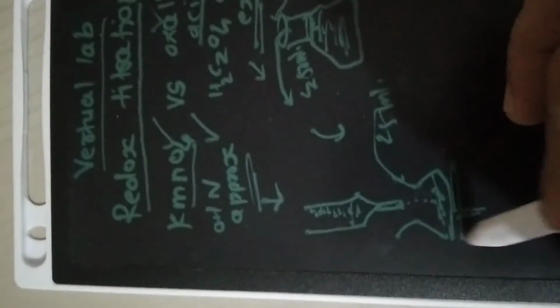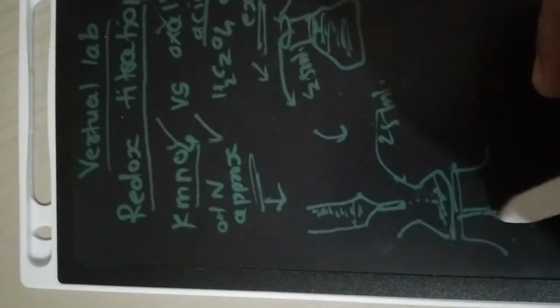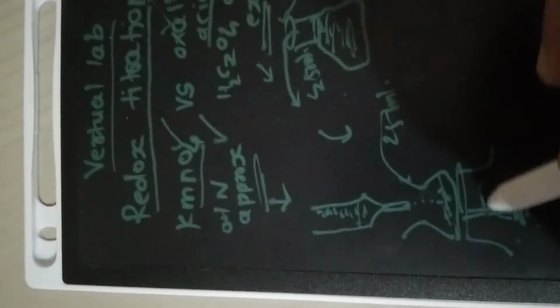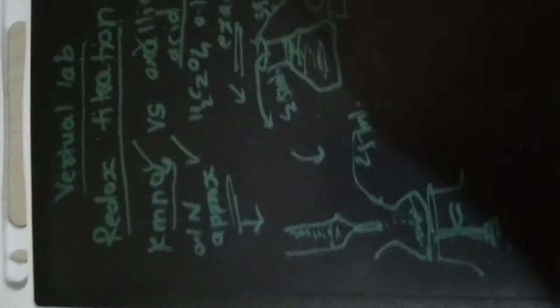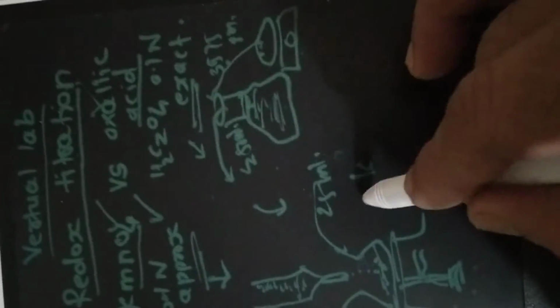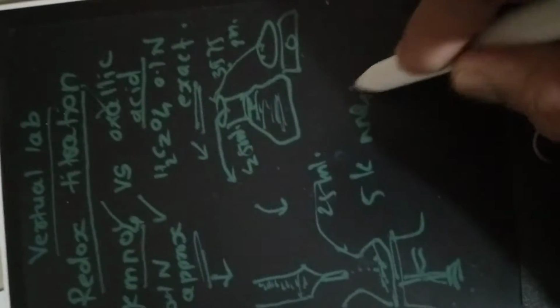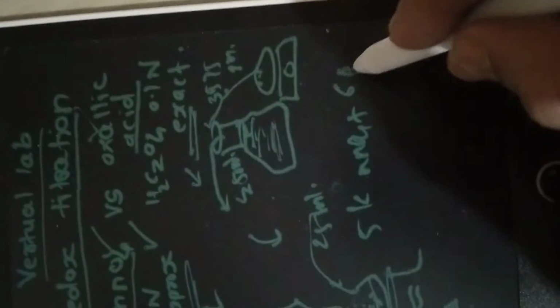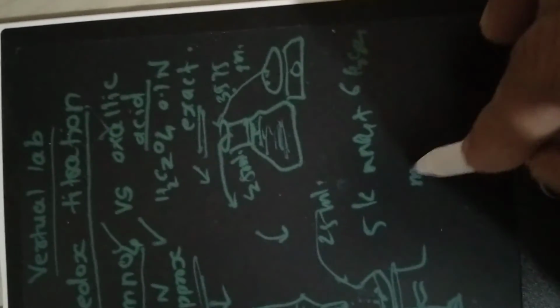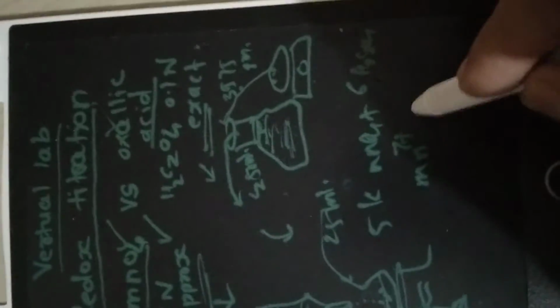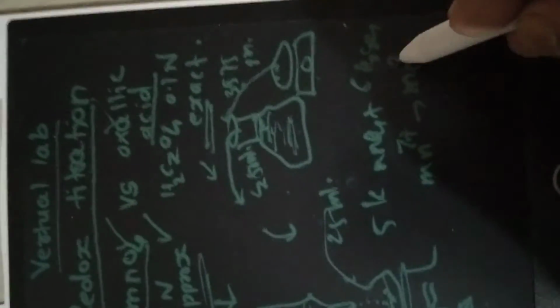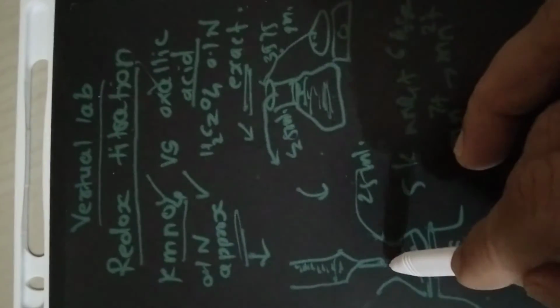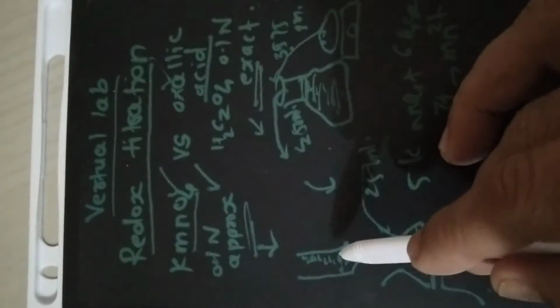But before titration, the solution is heated on the burner, because at a high temperature, lesser than 100 degrees Celsius, the reaction takes place, a redox reaction between KMnO4 and oxalic acid H2C2O4: 2 KMnO4 generally reacts with 5 oxalic acid, and the manganese oxidation state changes from 7 plus to 2 plus, and the end point of titration is colorless to pink.